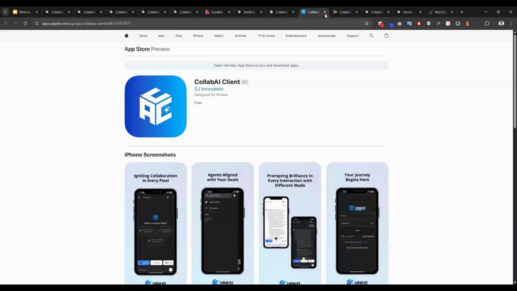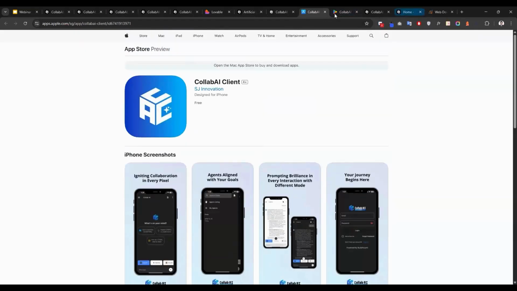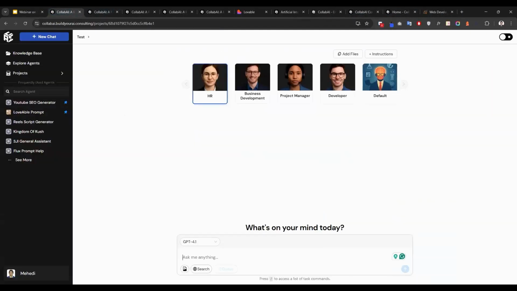I have already shown you the AI app library, where you can have the app downloaded on Android and iOS, and beside that you can jump into our Collabai assist web app. With the web app we have multiple services. I'll just go one by one.